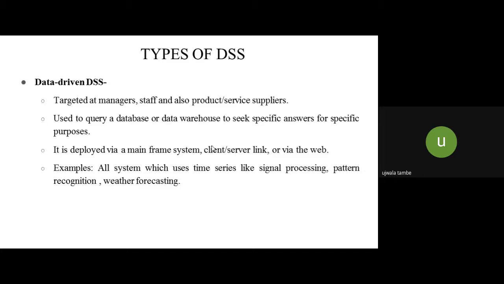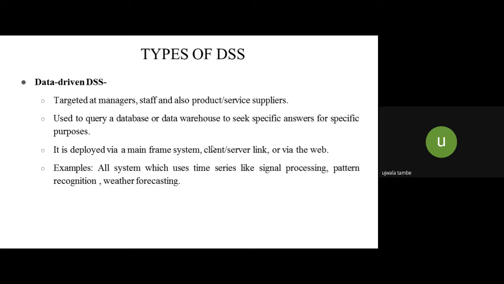So why do we use data driven DSS? It actually wants to access and manipulate the time series of internal company data and sometimes external data. Basically it is deployed via mainframe system or client server link or via the web.